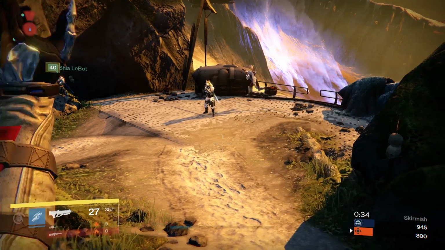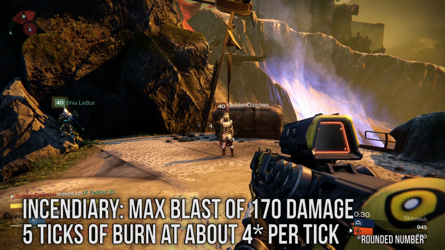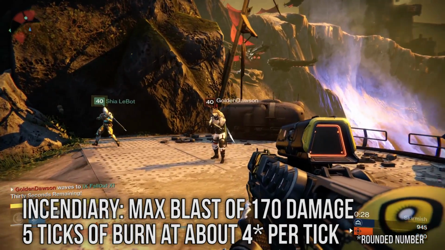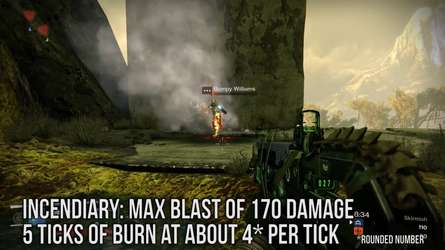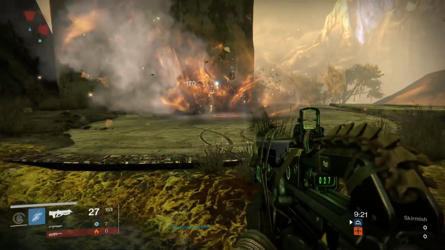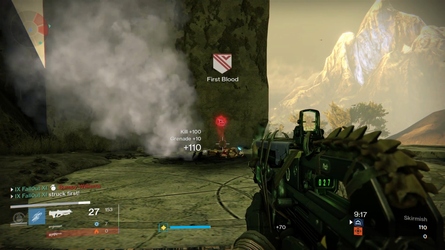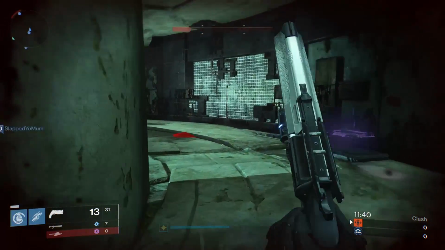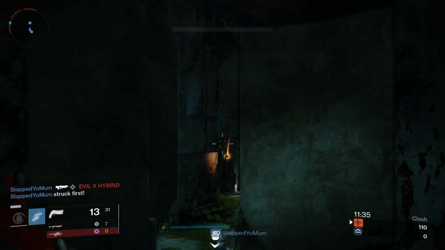The incendiary nade will hit harder the closer it detonates to a target, dealing a maximum of 170 damage followed by 5 ticks of burn damage. The burn damage used to be 7, but it's now around 4, and Bungie confirmed that this was not an intended change and may be tweaked back in the future. Currently, the incendiary nade is only strong enough to one-hit kill guardians with 1 armor, the lowest amount you can have. Despite the accidental June nerf, the incendiary is still a relatively good choice and complements players who want to